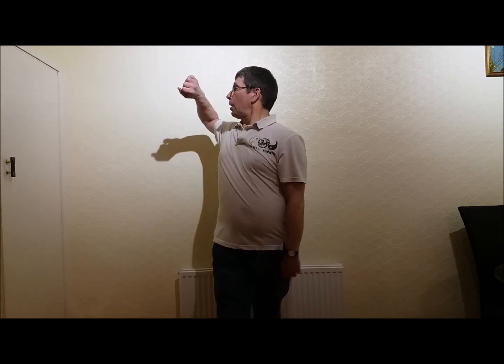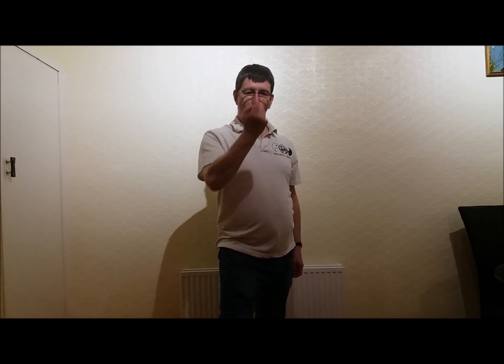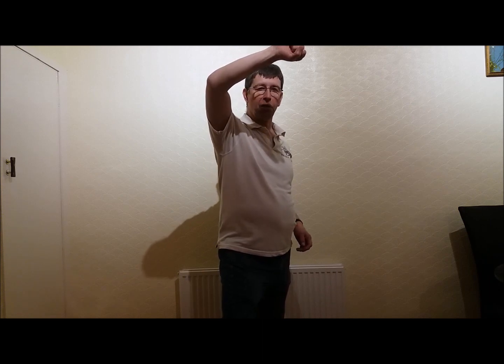So I'm not just focusing on that arm, I'm pulling from the opposite arm as well. Now, another little thing, when we're talking about stretching, another way to stretch something is if you pull it out and you twist it. By twisting, that increases the stretch as well. So you might notice we twist our wrists quite a lot in karate. So when I'm doing a Sotoyuki, for example, I twist this way as I come round, I twist that way. Same with all the techniques. They all start in one position and they end up twisting to the extreme of the other position. So again, we're making use of that pulling, twisting to get the maximum twist in our muscles, in our arms,